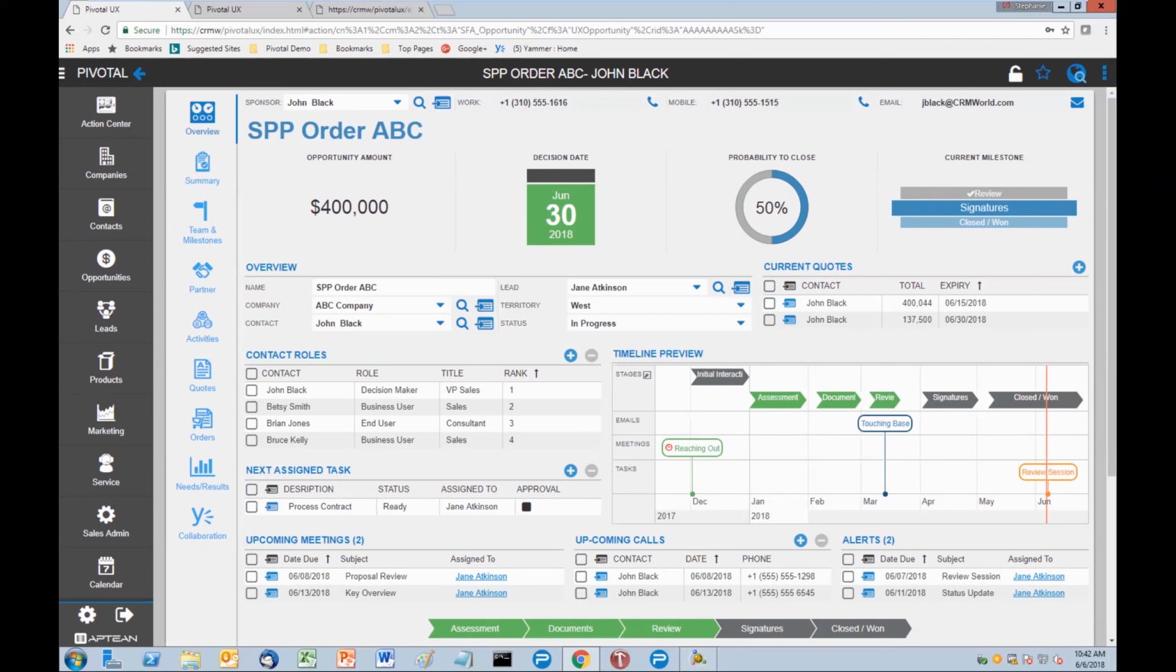We can see a lot of this information down at the bottom portion of the screen, such as upcoming meetings, upcoming calls, alerts, tasks that we need to actually complete, assigned tasks, and there's just a wealth of information for us to be able to utilize right within this own opportunity form. And remember, details are just a click away on the left-hand side of the screen